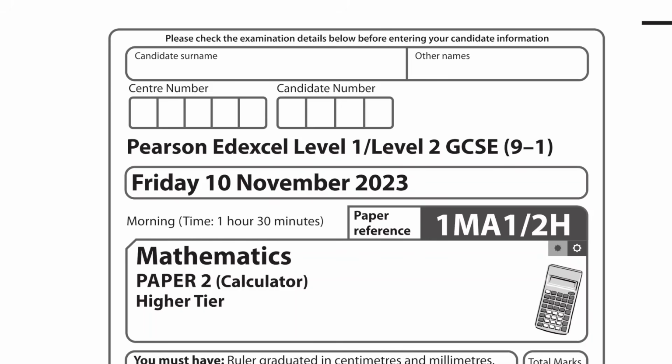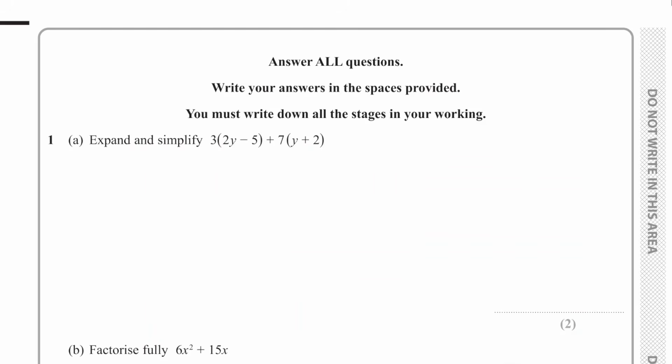This is the Edexcel higher tier paper 2 calculator paper from November 2023. Question 1 is expand and simplify. So we're just going to expand the brackets, multiply the term outside the brackets by both the terms inside the